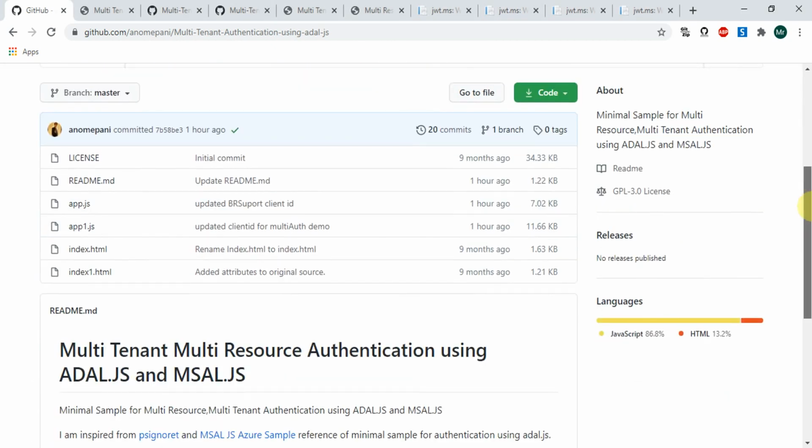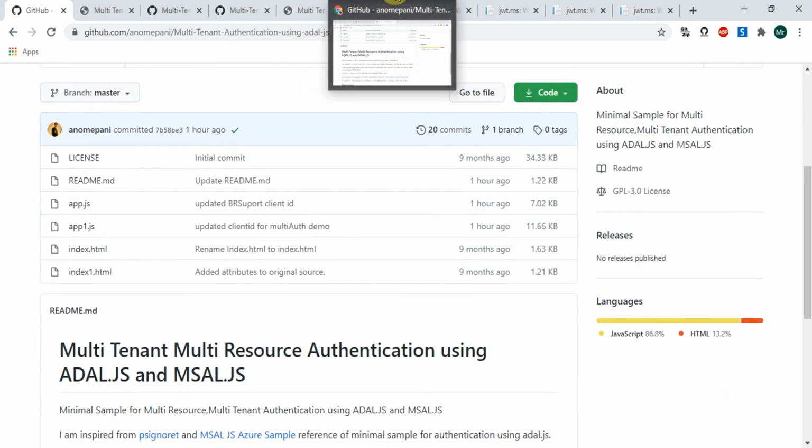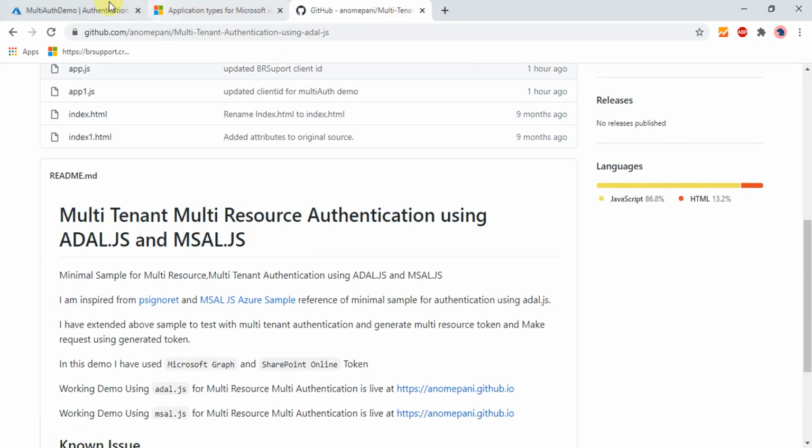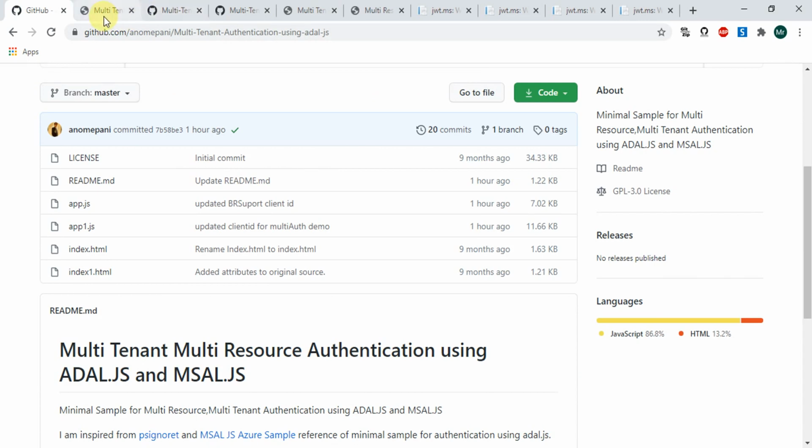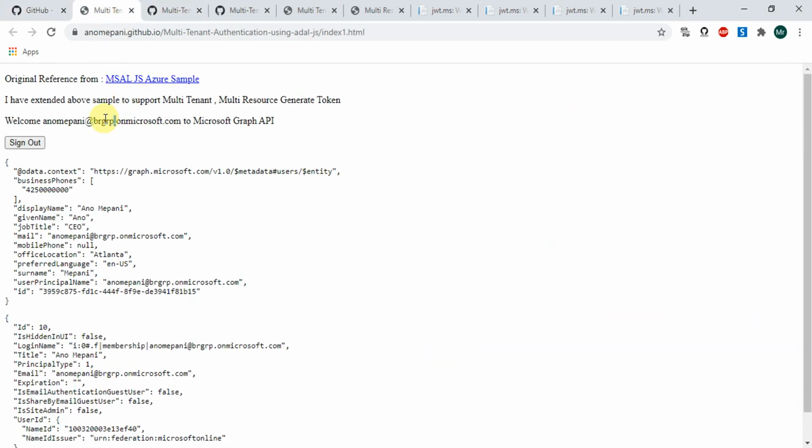For this application, I have created an app registration in this demo, which is BR support, and we have logged in with this one. That's why it is supported with multi-tenant.